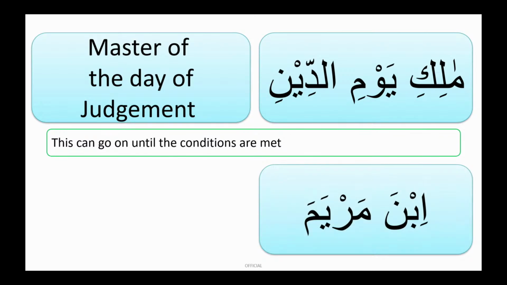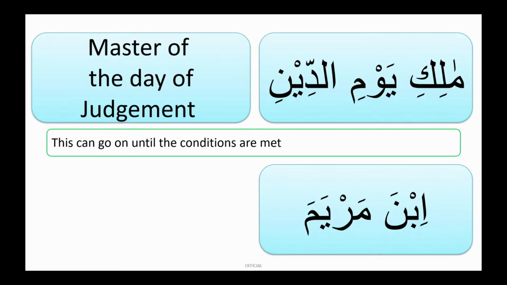Now, this is a tricky one. Ibna, is it heavy or light? Light. Why? It's because it doesn't have tanween. Okay, very good. So if it is light, do we have al beginning? No. And the word Maryama, is it in jar? No. Nasab. Oh yeah, nasab and jar. Nasab and jar.